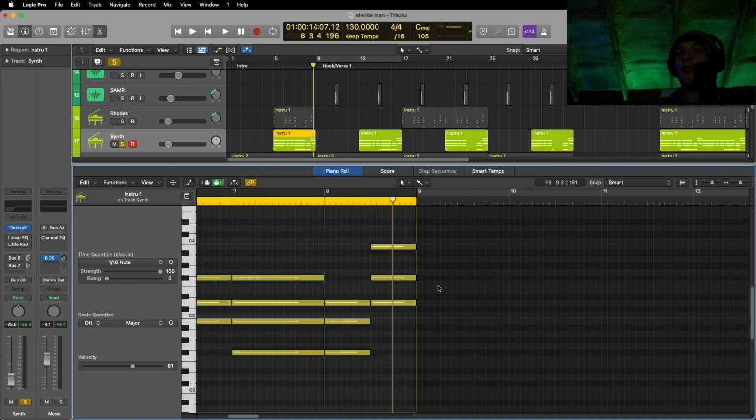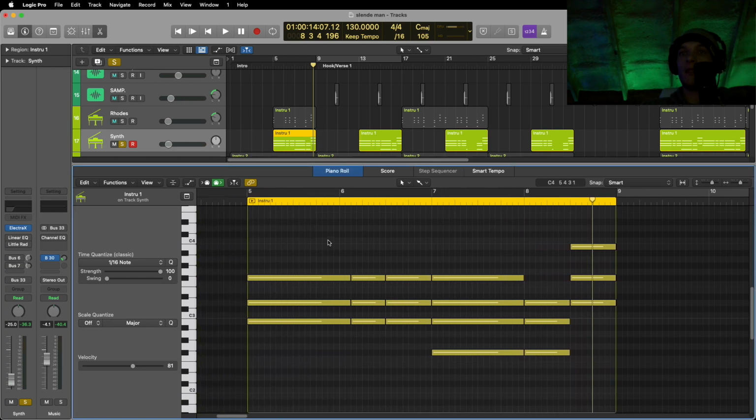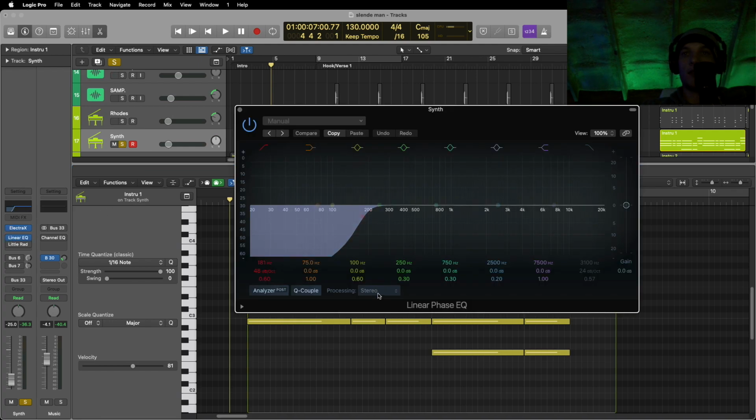So that is kind of like a pad. Other than the main melody, this is the most important part to the beat, in my opinion, because it just adds that feel of eeriness, kind of like what's going on. So on top of that, I just cut out the lows again, basically the same exact way as the